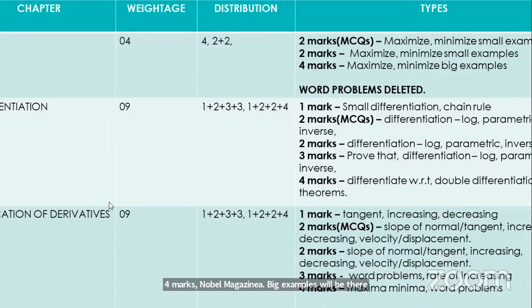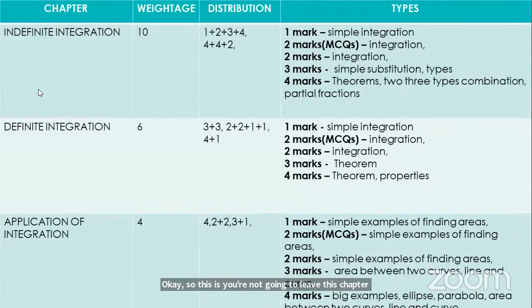Okay. So you are not going to leave this chapter. You have to do this. It is important because it carries 18 marks. Now next, indefinite integration, again definite integration, application of definite integration. You can see these 3 chapters are connected. Therefore it is 10 plus 6, 16 plus 4, means integration itself is carrying 20 marks. Okay. So therefore all are connected and